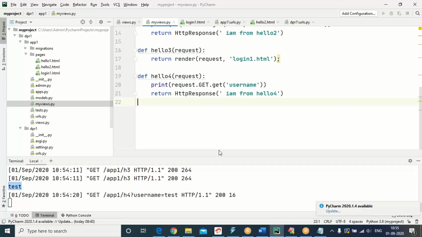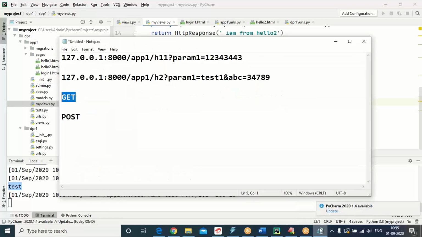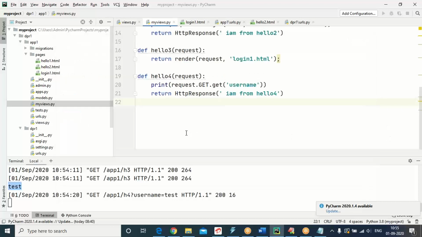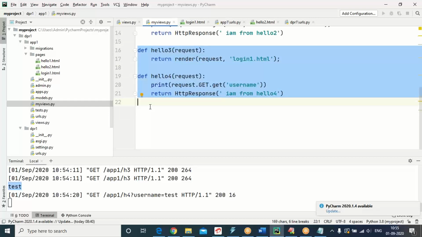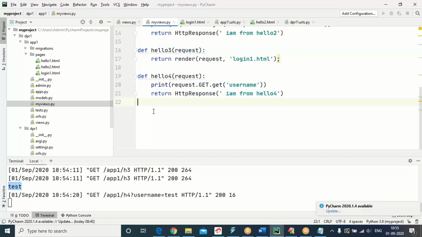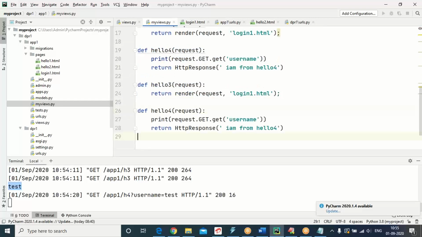Similarly, let's go for method is equal to post. How can we achieve method is equal to post? I will be copying these two methods. Let's go for hello 5 and hello 6.